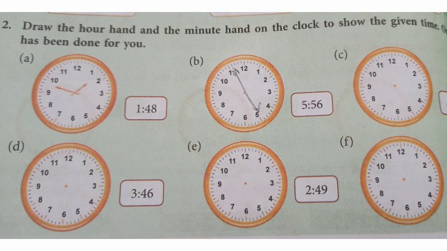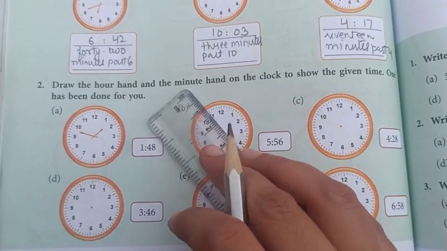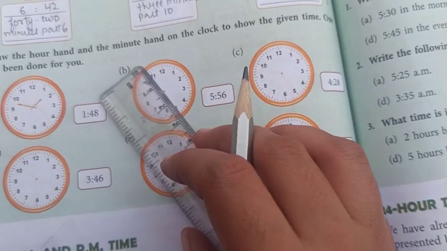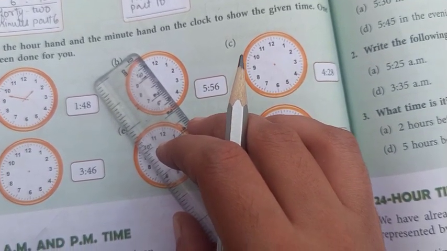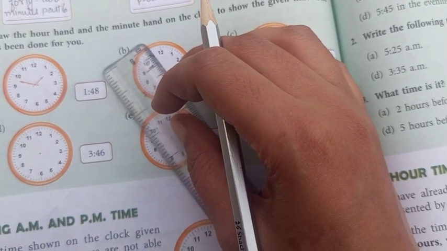Are you getting what I'm trying to say? Whatever minutes are given to you, just try to think which multiple of 5 it is near to. So 56 is just one subdivision more than 55. That means we have to draw our minute hand just one division forward from 11. Okay, so like this you will draw. So here I am drawing the minute hand first, which is at 56. So I am using 11, and after that the first division is this. So I will draw that line. I have to use both my hands, so I'm pausing the video.